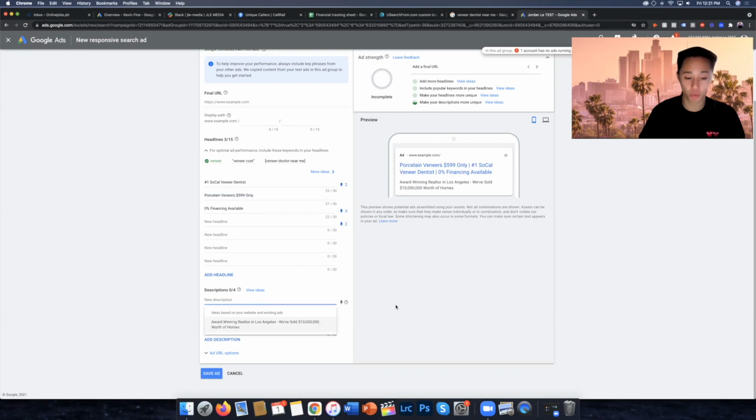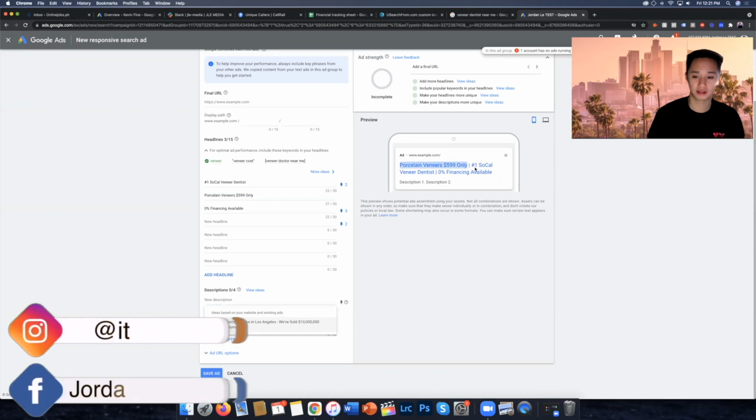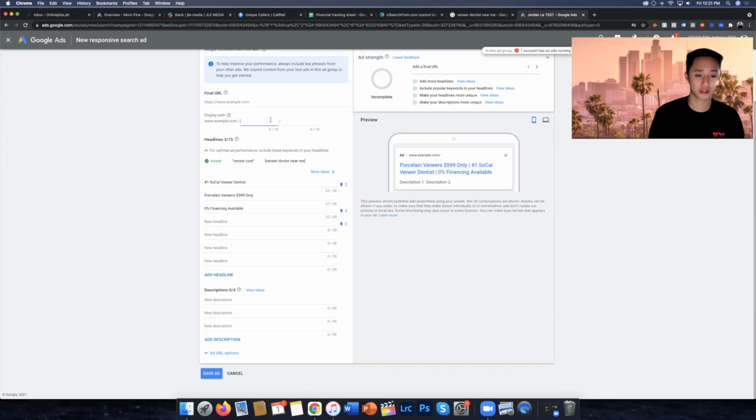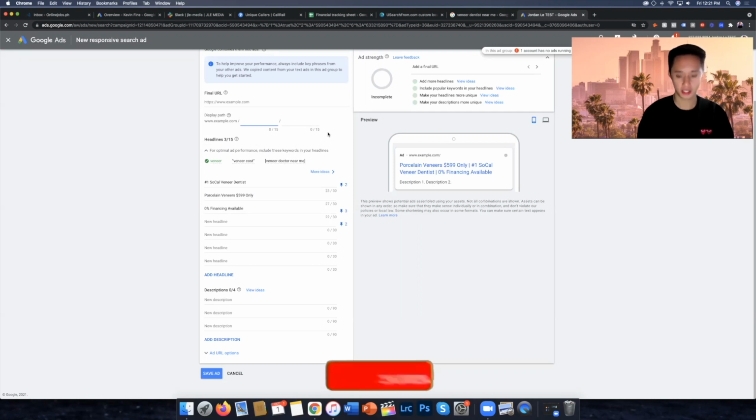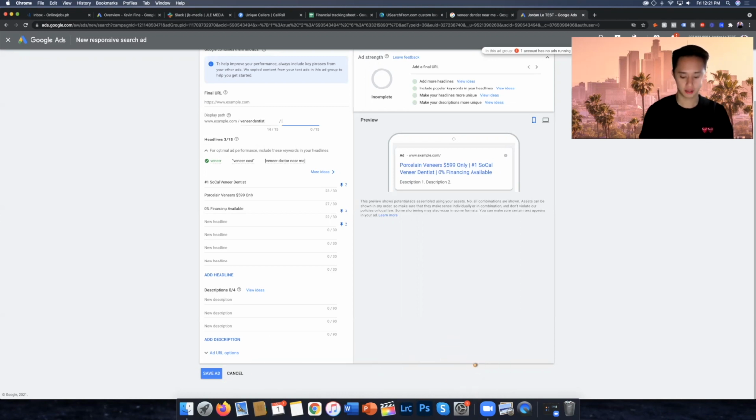Now for descriptions, what do we normally put? Okay, so super important for the descriptions. We want to have our keywords in the description as well as the headlines. And I like to actually just include them in the display path as well. So let's go back to the display path real quick here. So if someone searches up veneer dentist, we would want to put veneer dentist,